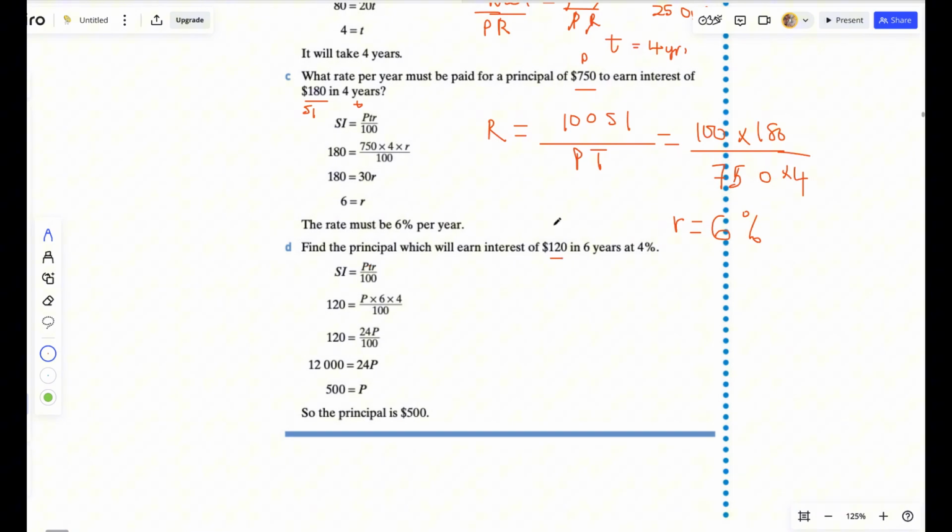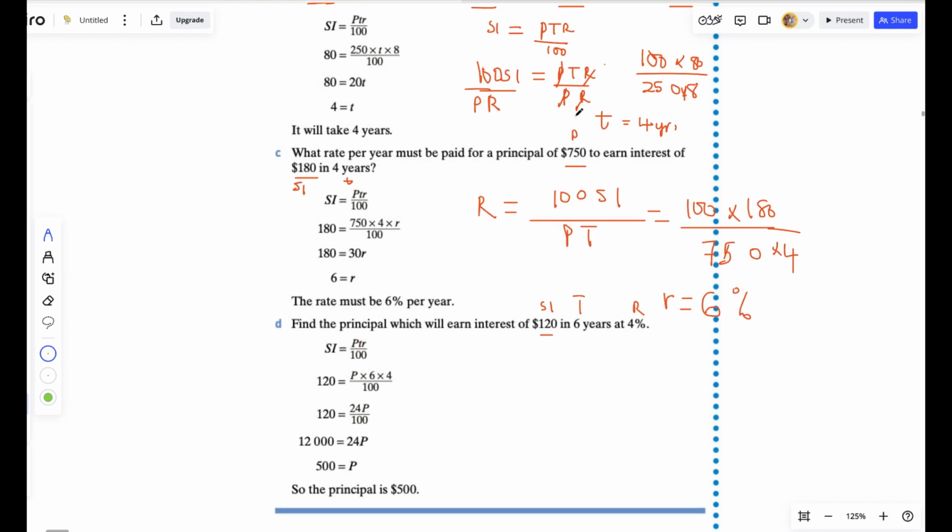So the simple interest is given to us: $120 in 6 years at 4%. So time is 6, and the rate is 4%. To find the principal, you make the principal the subject. Instead of dividing by P, you divide by TR. So P will have a similitude like the first, the second, and the third one. So P will be 100 SI